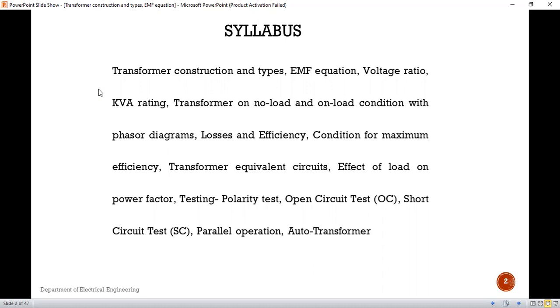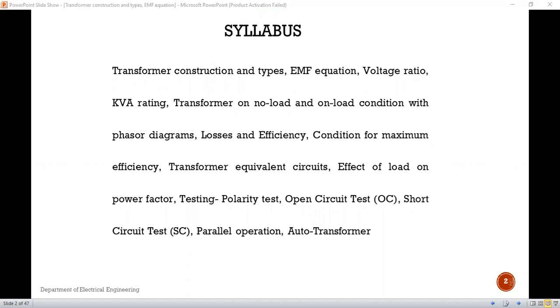Then the EMF equation, that is the induced EMF equation, then the voltage ratio, that is V1 upon V2, the voltage of primary divided by the voltage of secondary. Then the kVA rating, that is, why the transformer is represented in kVA. Do you know what is on the nameplate of the generator as well as the motor? On that nameplate